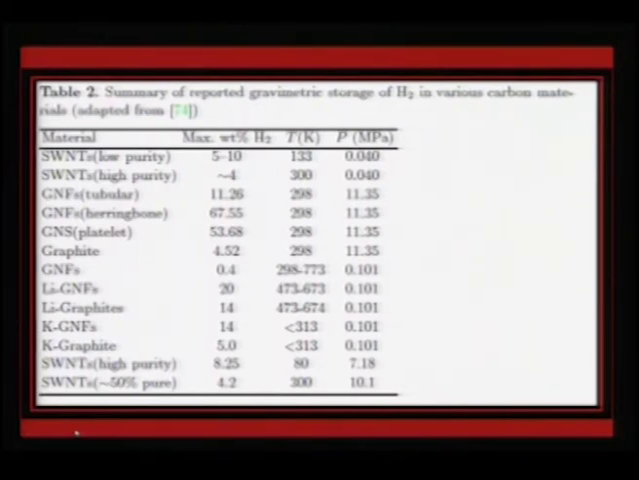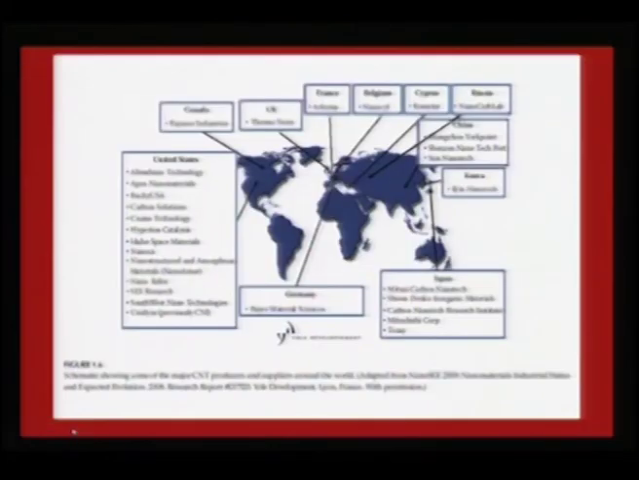You can see the single wall nanotubes with the lowest purity giving hydrogen storage capability of 5 to 10%. Those which are currently being used are graphitic nanofibers, and those actually have a very high hydrogen storage capacity, but single wall nanotubes also seem to have an appreciable amount of hydrogen storage, and this is still being improved for practical applications. Lastly, I just want to tell you that this is not only a research effort, but